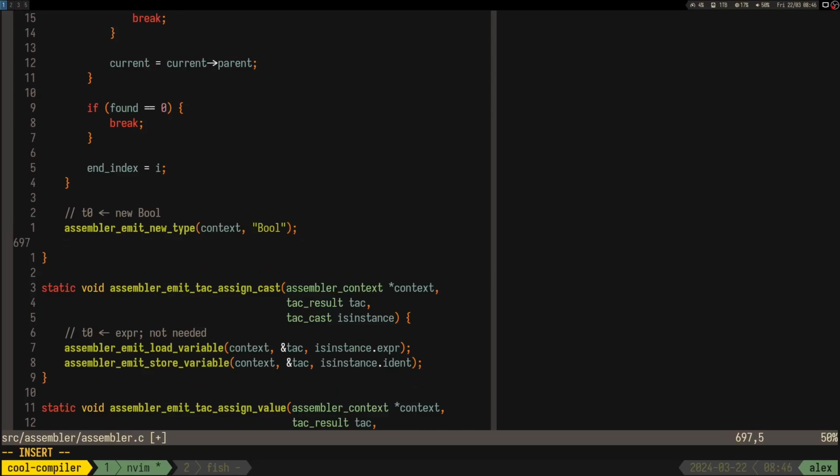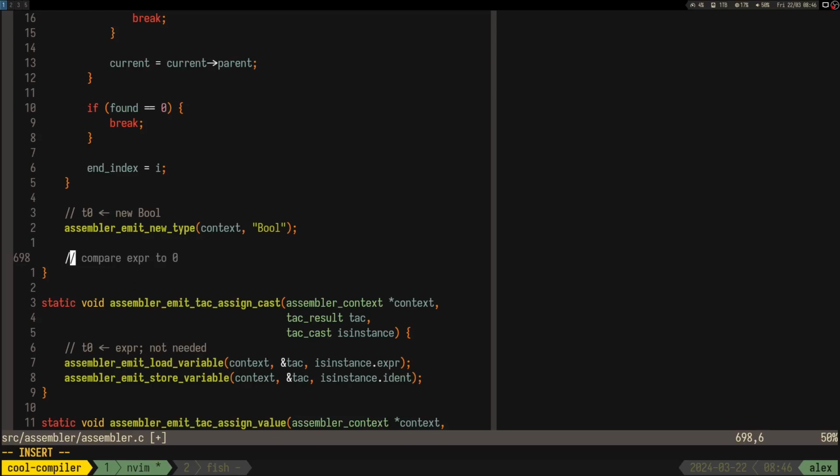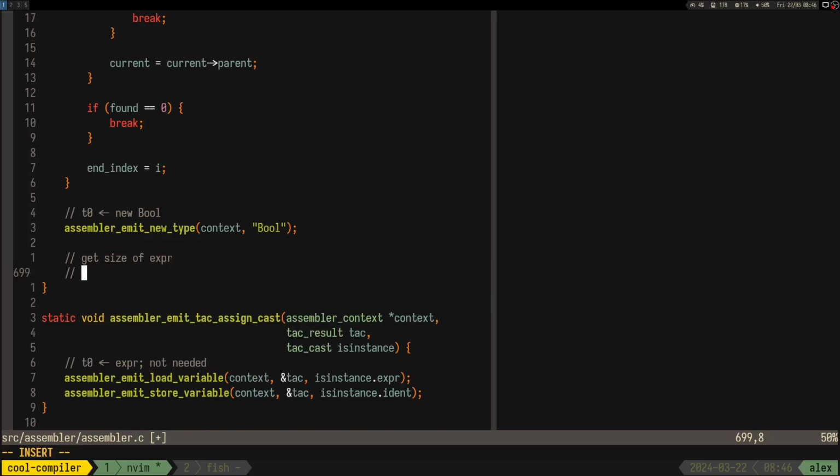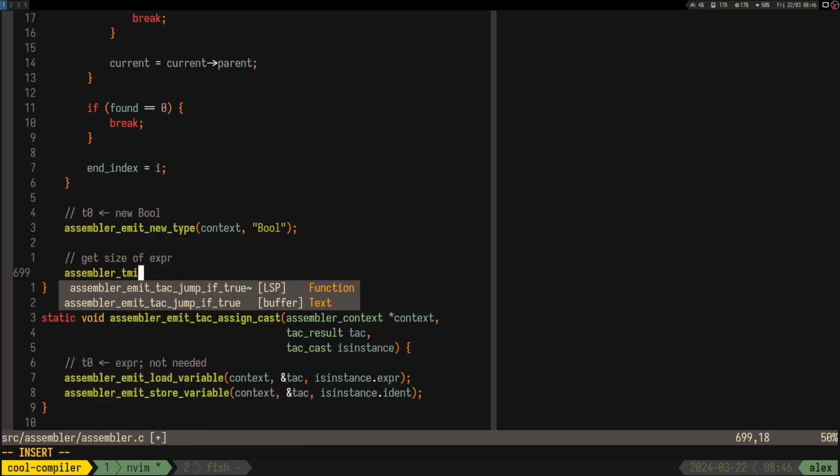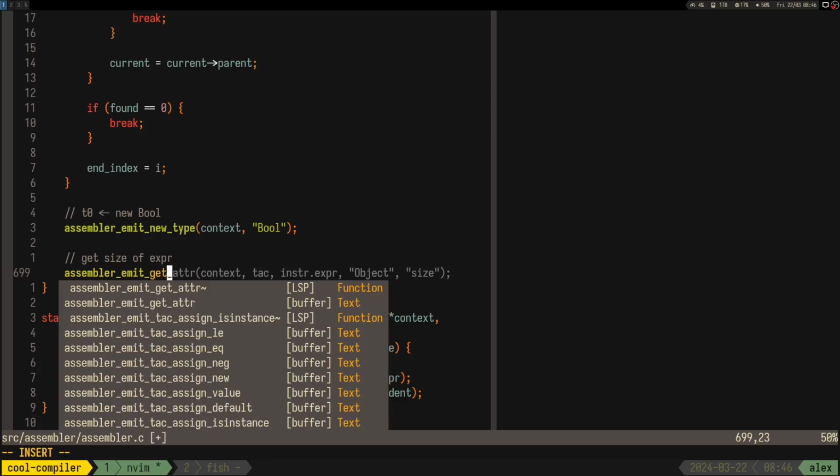Then we need to get the size of the expression. So it's something like assembler get attribute,